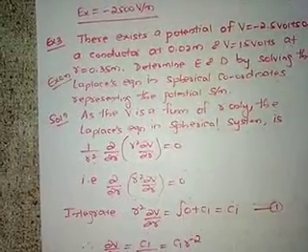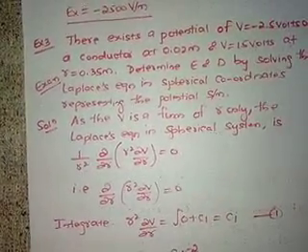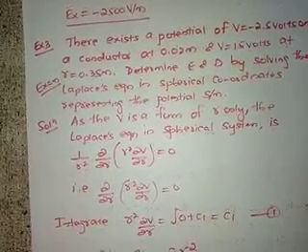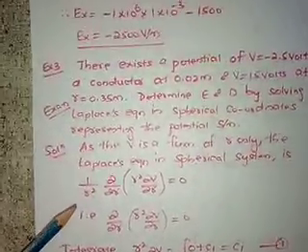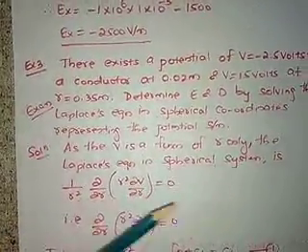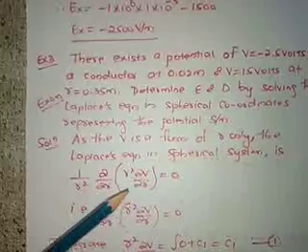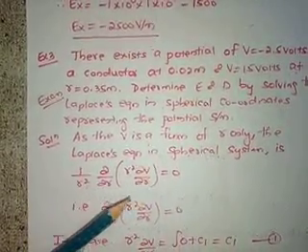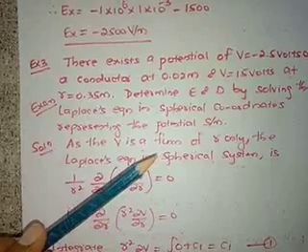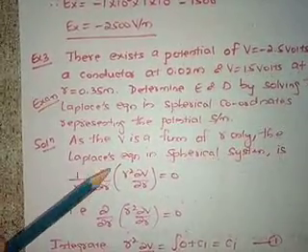First integrate, find the values of the constants C1 and C2, and then go for finding the value of E. E is equal to minus del V, then go for finding the value of D. Okay, so Laplace equation in spherical coordinate system: 1 upon r square dou by dou r of r square dou V by dou r equal to 0. Again, V is a function of r only. It is not a function of theta and phi in spherical coordinates, right? So V is a function of only r.